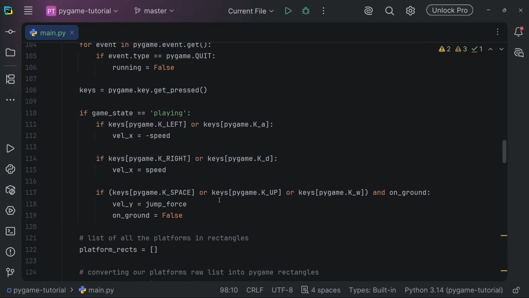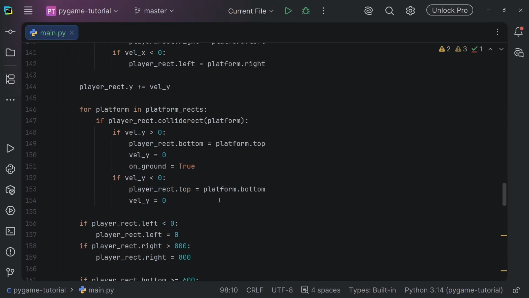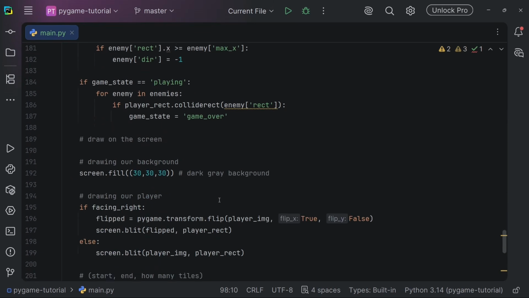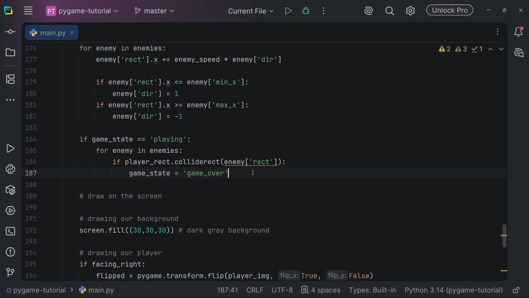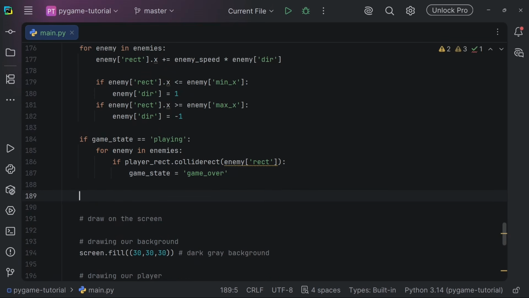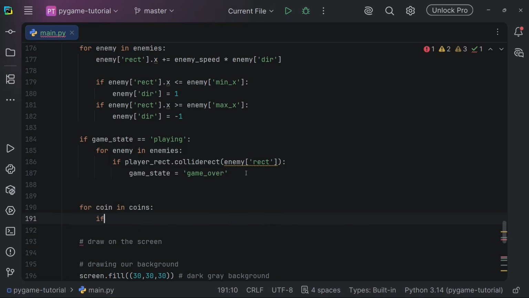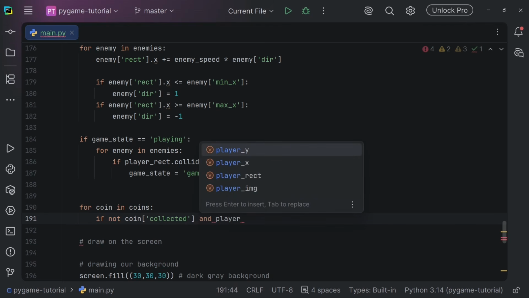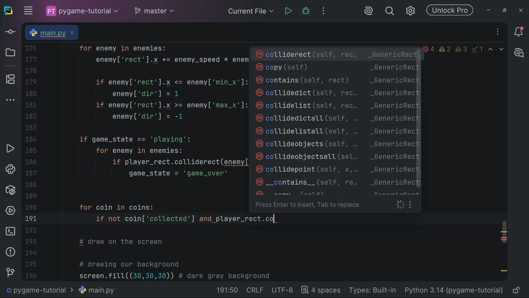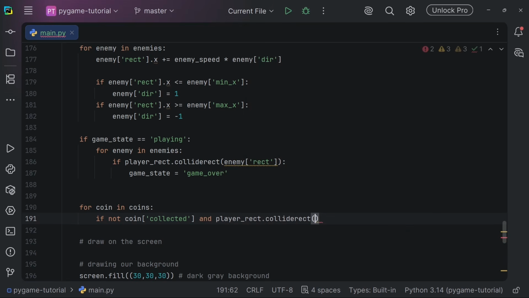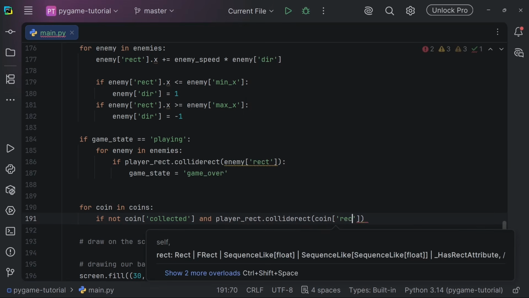Now, we need to check for collisions against coins. Similarly to how we check for collisions against everything else, we can check collision against coins right here. So we're going to loop through for coin in coins, every item inside coins, and if not coin collected, so if it's false, then this condition will be true. So if our coin has not been collected yet and player rect collider rect is colliding with our coin,